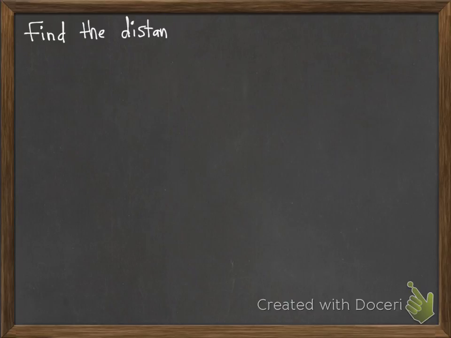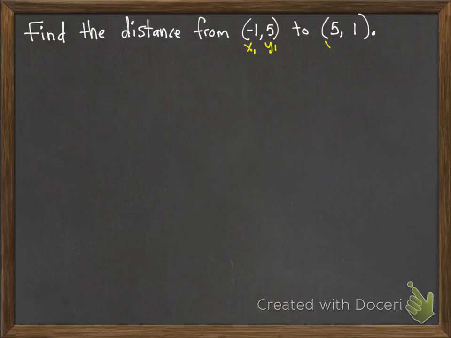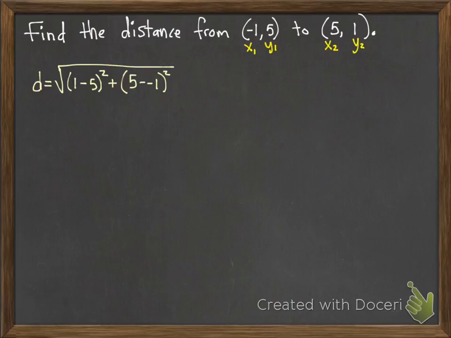So here's another example. If we want to find the distance from the point -1, 5 to the point 5, 1, we would first plug those numbers into the distance formula, remembering that the first number in the point is always x, and the second number in the point is always y. So when we plug these numbers into the formula, we get the distance is equal to 5 minus -1 and 1 minus 5